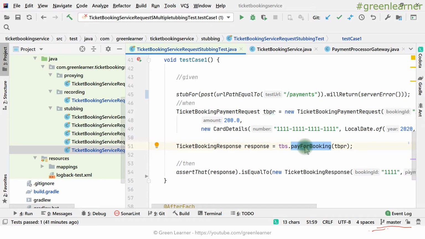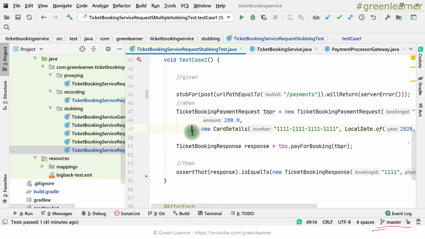Even if you are writing some custom logic based on the exception that your third party is throwing, this stubbing part is going to be the same. Just the comparison and assertion logic is going to change, because based on the exception that the third party is throwing, you may be doing some other if-else part, right? So if it is throwing an exception, give some default response, and you will be comparing that default response.